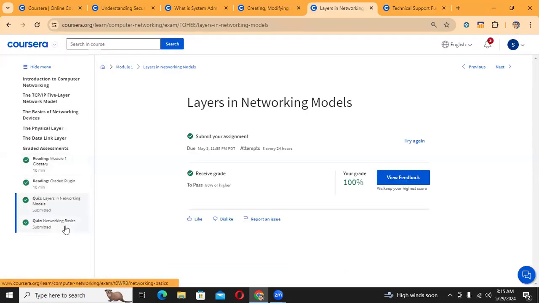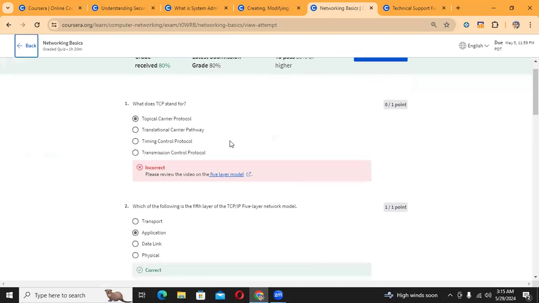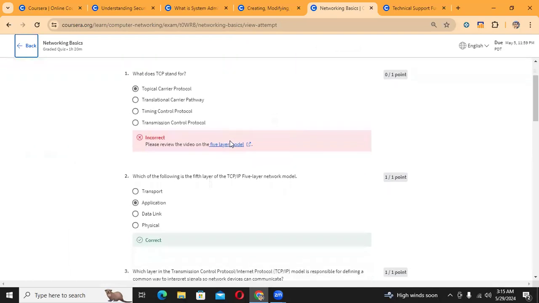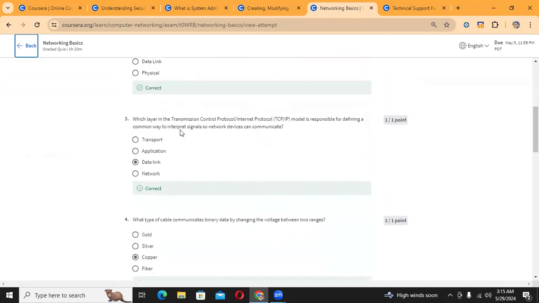So let's move on to networking basics. It is as you see, I already told you, but I don't know why I chose this option. TCP stands for Transmission Control Protocol, which is the following fifth layer of the network model. So you see it's application. Fifth is the application layer. Which layer in the TCP and IP model is responsible for